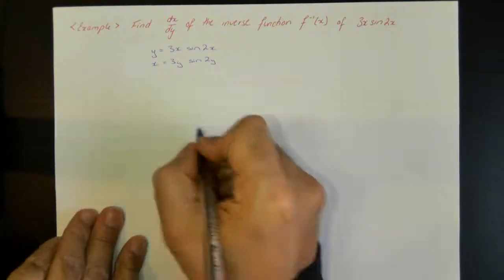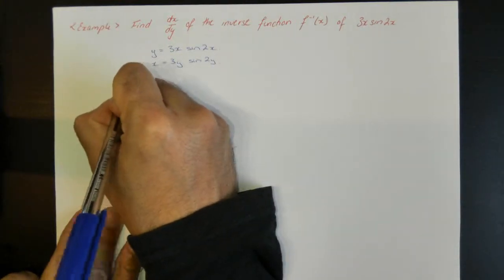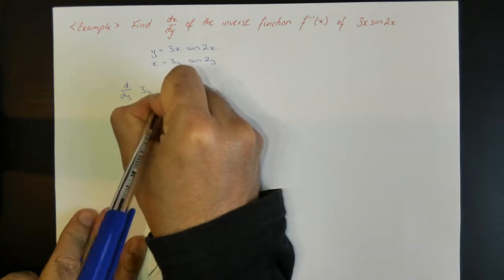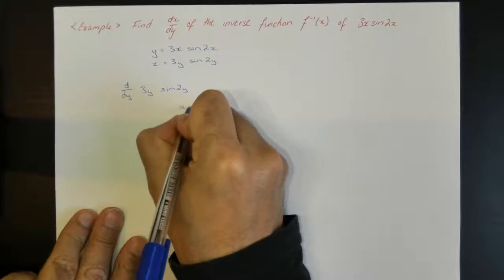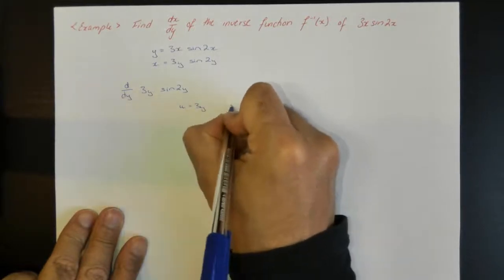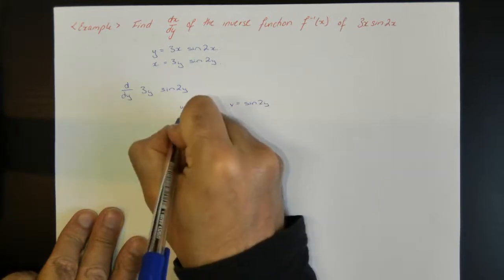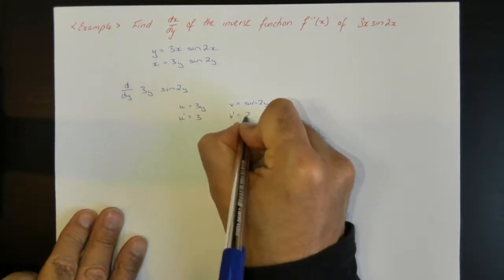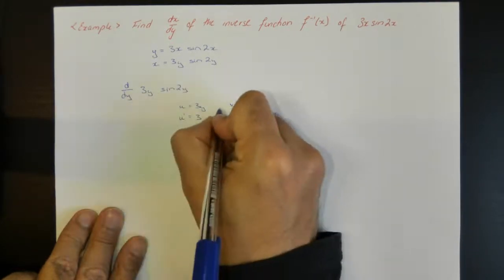Okay, and if we want to find dx over dy, in this case, I'm going to let u equal 3y and v equal sine 2y. u dash would be 3 and v dash is going to be 2 cos 2y. As this is a product rule,